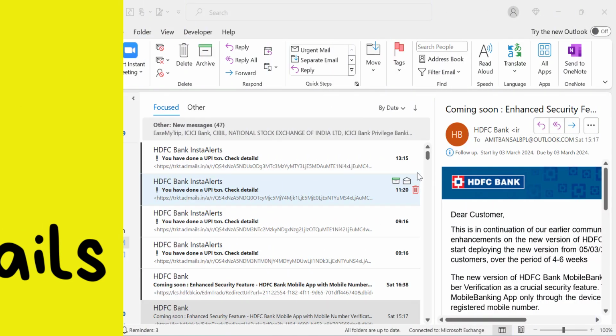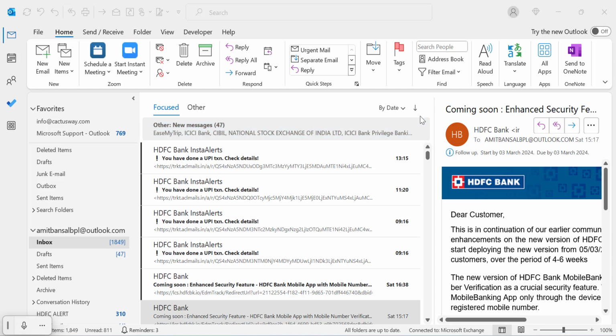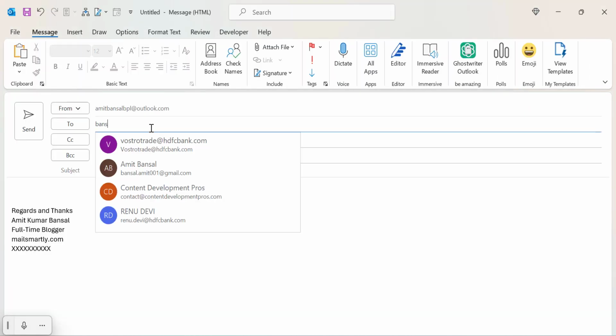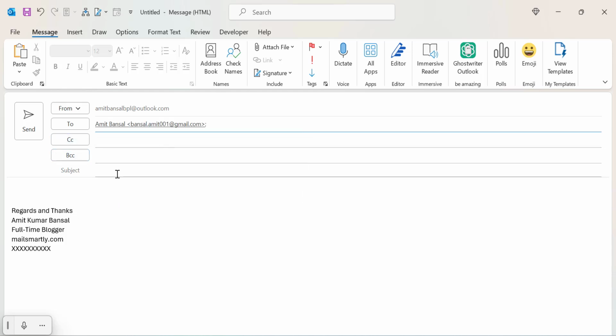Whenever my boss send an email, that email won't send to the recipient immediately. It will take a specific time. This is because if you have done something wrong by mistake or you have forgotten something, you can correct that mistake and then send your email. So in Outlook Classic, what you have to do is to simply click on your new email, create your email, say I want to add my email address of my own, add my subject, add my content over here,